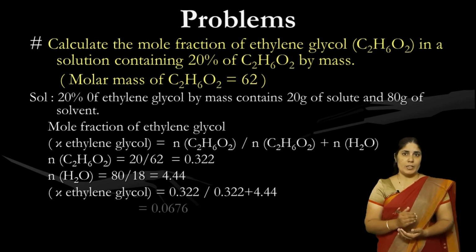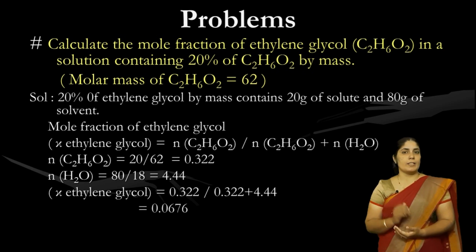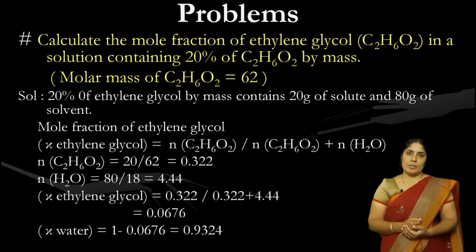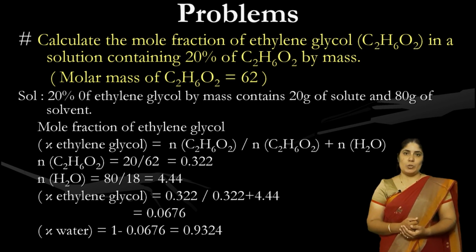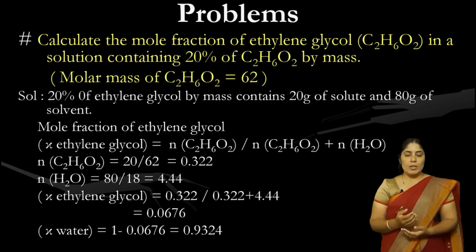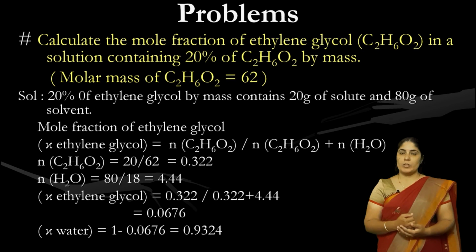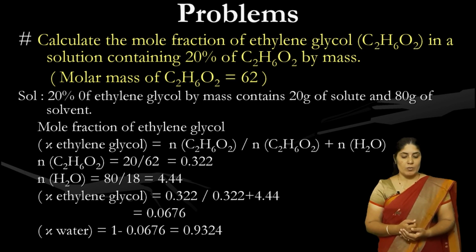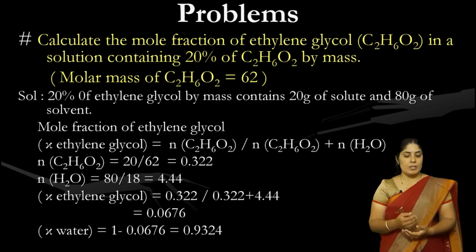Number of moles of ethylene glycol is calculated as given here. We use the equation given mass by molar mass. So the equation comes out as 20 by 62 and you get the value as 0.322. Similarly, we calculate the number of moles of water, given mass by molar mass, that is 80 by 18, and the value is 4.44. On substitution into the mole fraction equation of ethylene glycol,